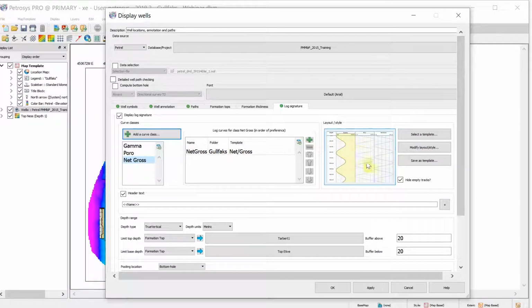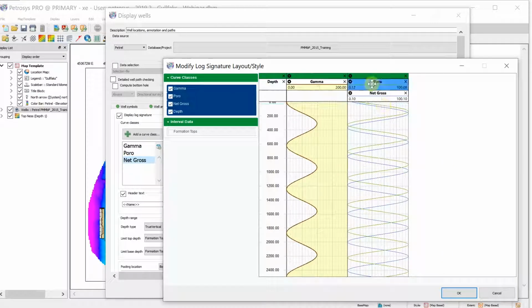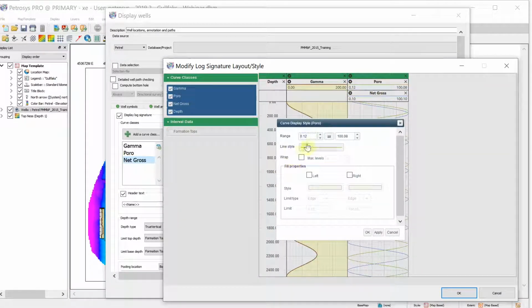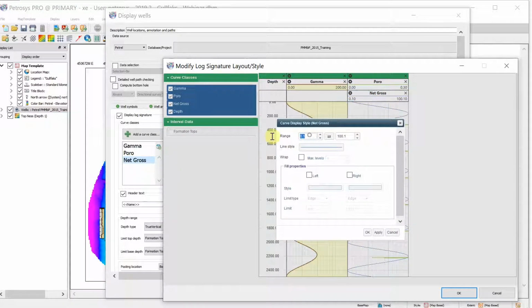And you can see that the template has updated, it now has 2 more logs in there. So I'll click on that, and in this instance I'm going to drag net to gross on top, and I'm going to change my porosity to be from 0 to 0.3, and I'll leave that as green. OK there, and the net to gross I'm going to go from 1 to 0,